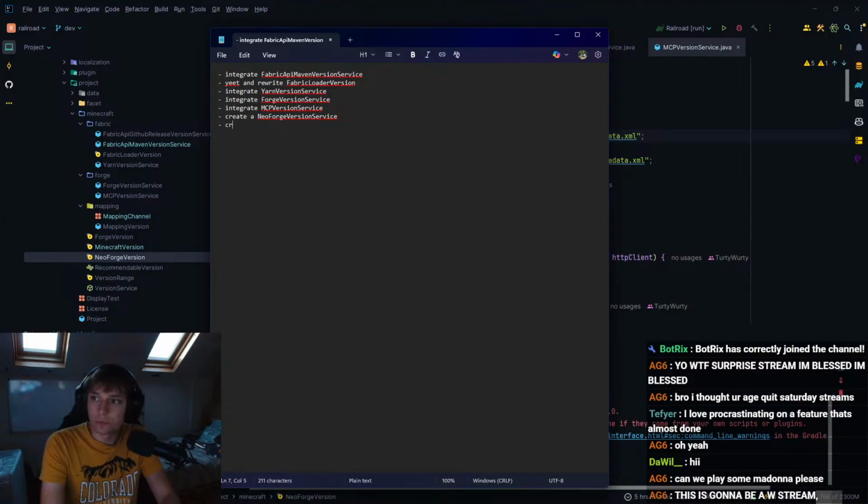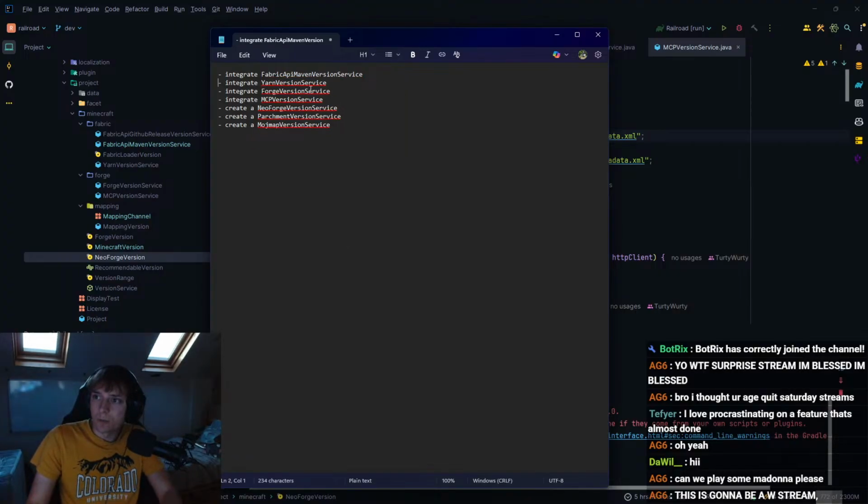So we're going to create a Parchment version service, and then we're also going to have to create a Mojmap version service, which will be just for getting the Mojmap versions. That should be trivial. That should literally just be a couple if statements. So that should be the easiest one of today.